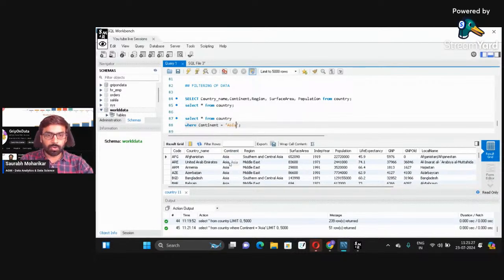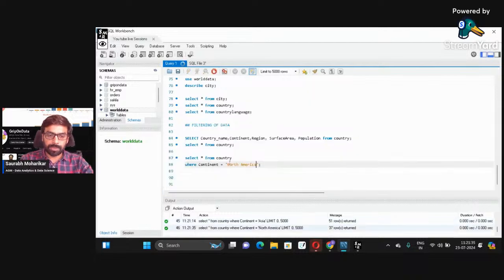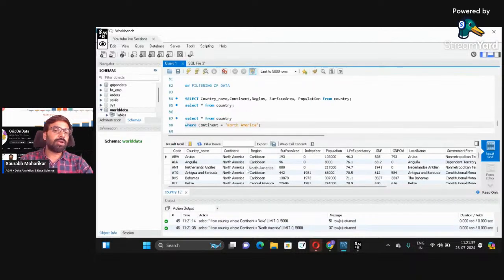Similarly, if I want to go for any other, is there any other? North America? Let's say North America. If I go for this, these are all North Americans over here. North America का पूरा region आएगा. 37 countries are there which belong to North America. All right, cool. तो इस तरह से WHERE क्लॉज को यूज करके हम इक्वल टू मींस एग्जैक्टली वही वैल्यू के